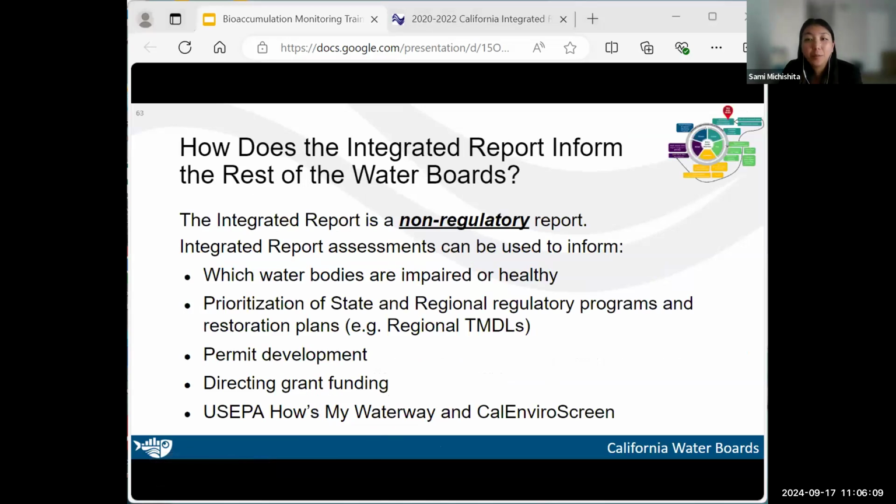So the integrated report is a non-regulatory report that identifies waters that do or do not support beneficial uses or attain water quality standards. As a separate action, the 303D list can be used to inform the prioritization efforts of the total maximum daily load, or TMDL, development or other regulatory programs of implementation to address impairments, to develop the development of permits such as informing monitoring requirements, or be used to prioritize grant funding such as non-point source management